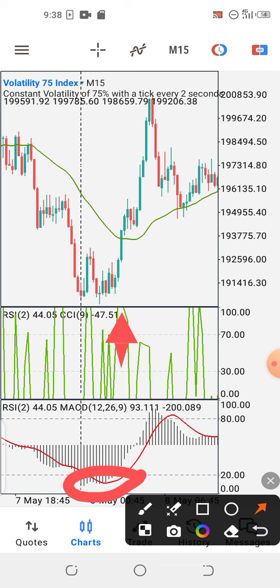You look at your main chart now. Is your moving average below the candlestick? If yes, that means the buy is ready. That means the buy is ready. So what you will now do is enter for buy, when you see this,